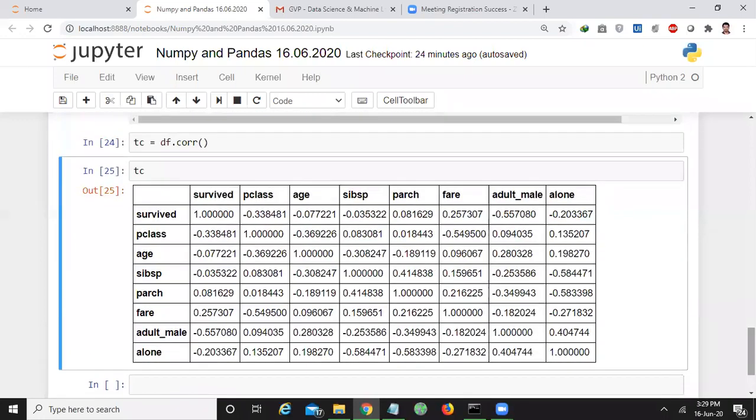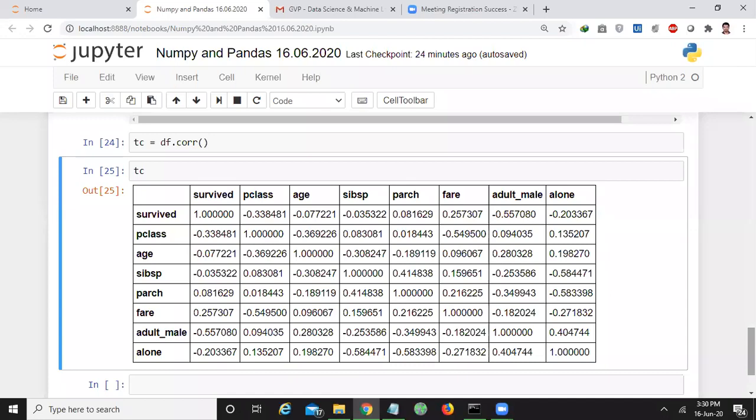Here we are doing the correlation between the columns of the data frame. You may ask, sir, what is the use of this type of correlation? In later sessions, when we start machine learning, this correlation plays a very important role while doing analytics. That's why I want to mention the correlation on the data set.